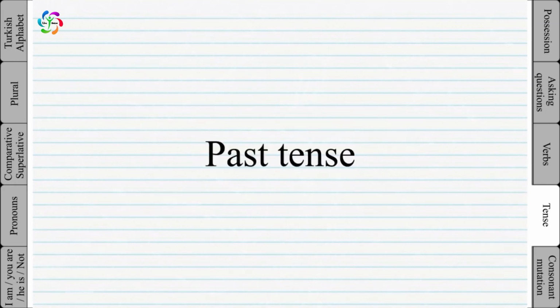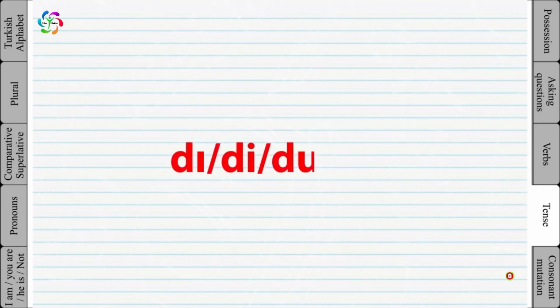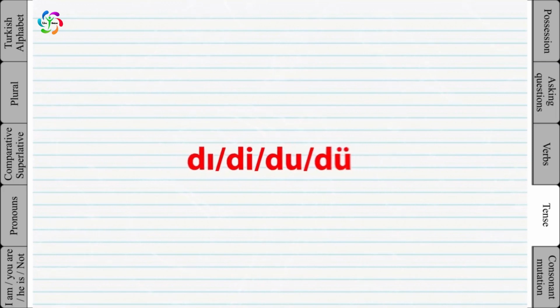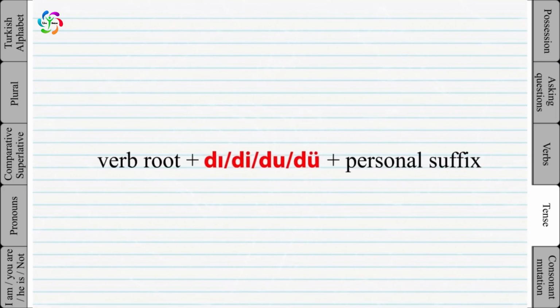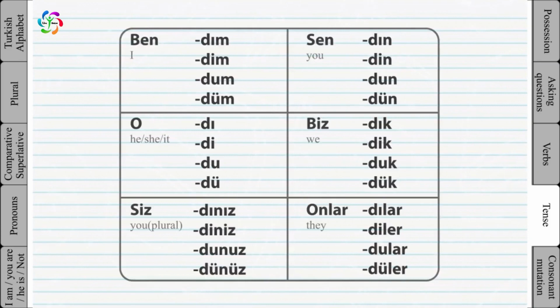Past tense. We learned how to add present continuous suffix to the root of the verbs. To make a verb into the past tense, we use one of these four words. Now which one to use again depends on the last vowel of the verb. And we learned that based on the last vowel of the verb, the suffix changes. Same thing is true for the past tense. For example,